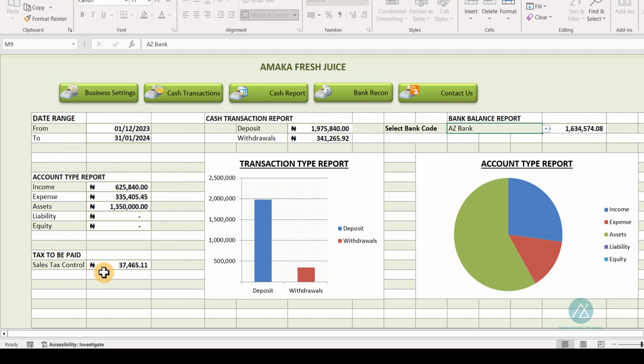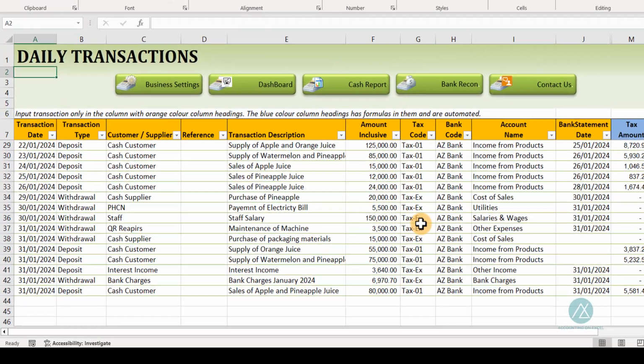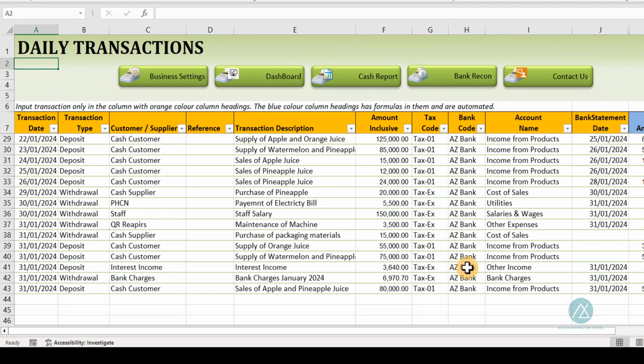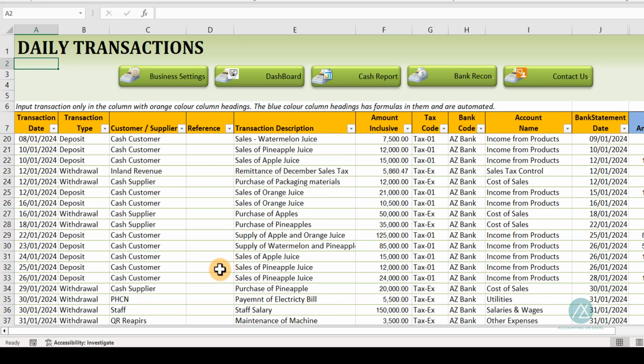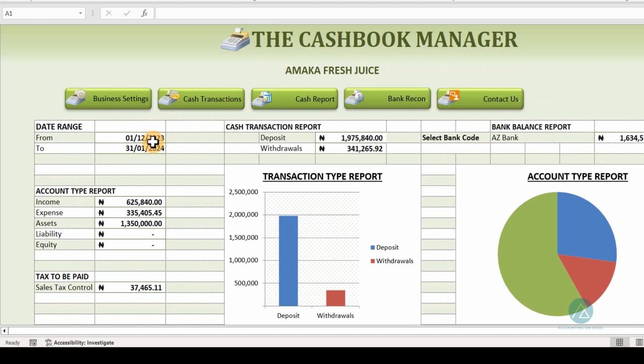Now, this sales control tax, remember in December it was 5,000. If you go to our cash transactions, we made payment for the one for December. We made payment for our sales tax. Look at it, we made 5,860. We have remitted this, right? So if you look at that dashboard and we go back to December, you will notice that